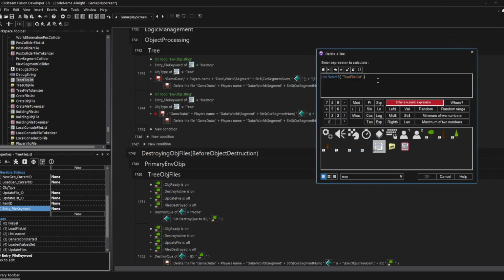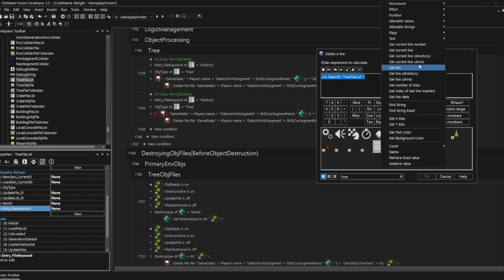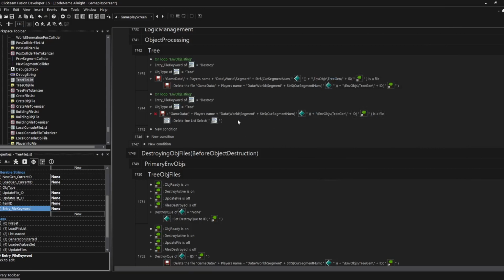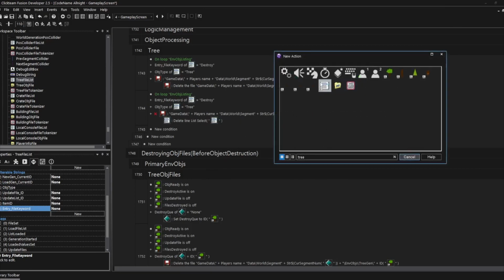It needs a numeric expression. Hold on, let's see if we can figure this out. Current line number, there we go. We're going to delete the current line number, and then also we're going to be subtracting from all of those values. We're going to be subtracting from